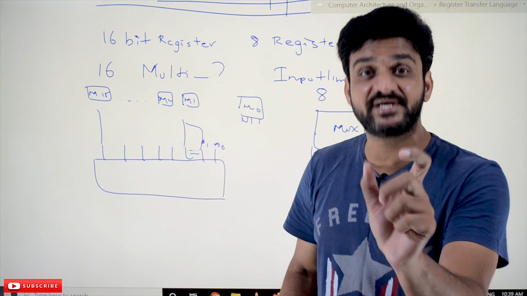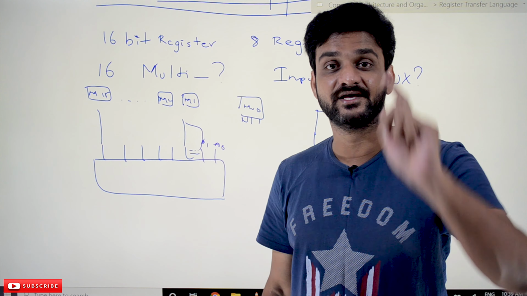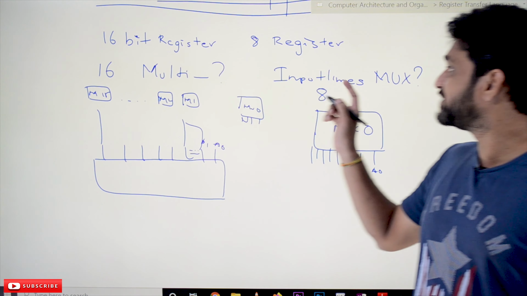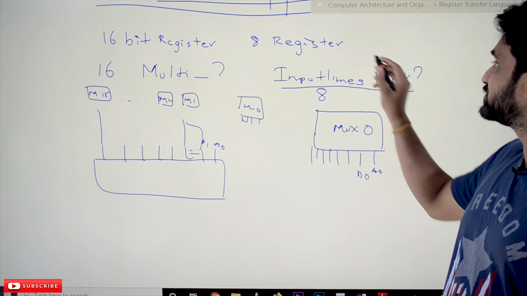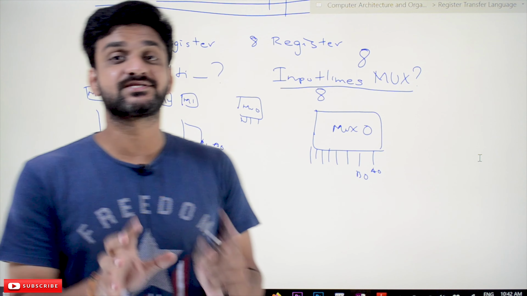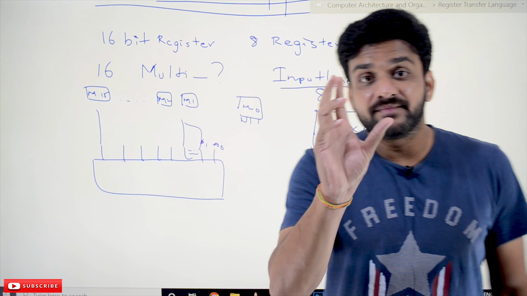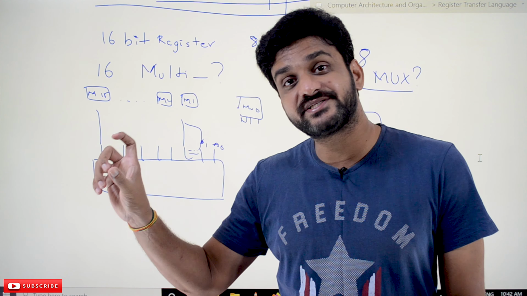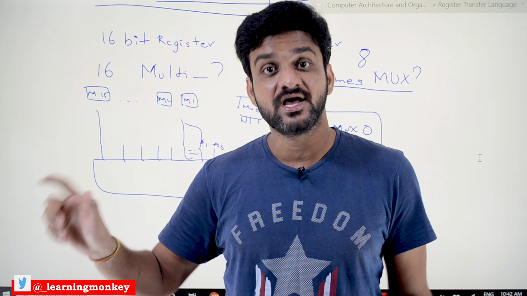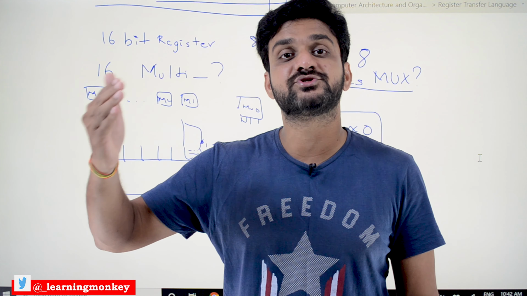So this logic is a bit tricky to understand. We are suggesting you to understand this point very clearly. Try to have a clear idea in your mind of why we need 16 multiplexers and why we need these input lines. This point is very important to understand because lots of GATE bits were asked on this logic. So given the number of registers and given the number of bits in each and every register, how many multiplexers are required and how many inputs are to be provided?